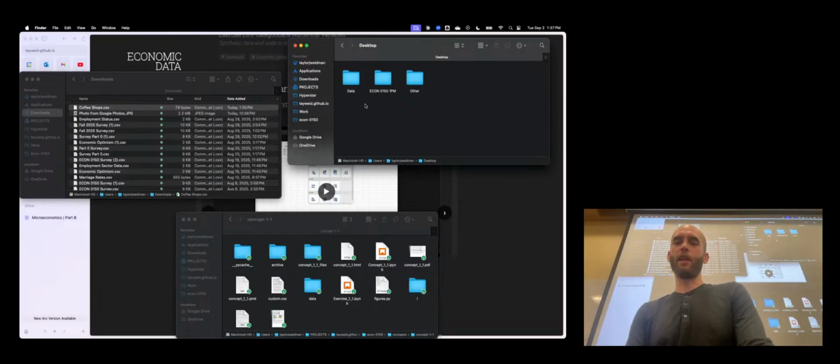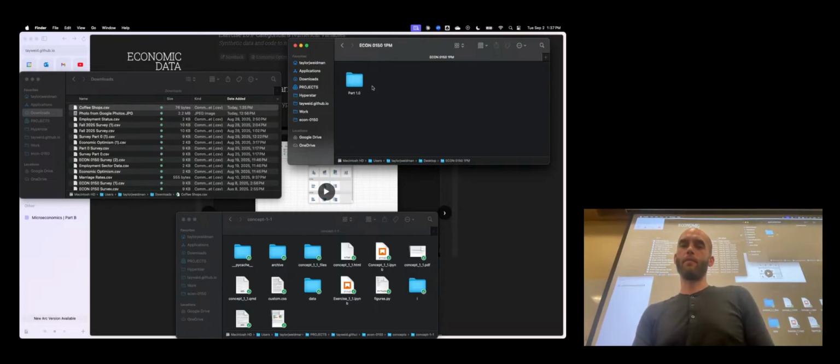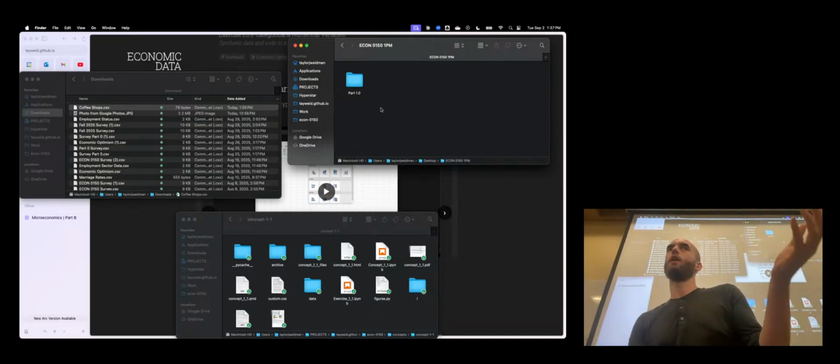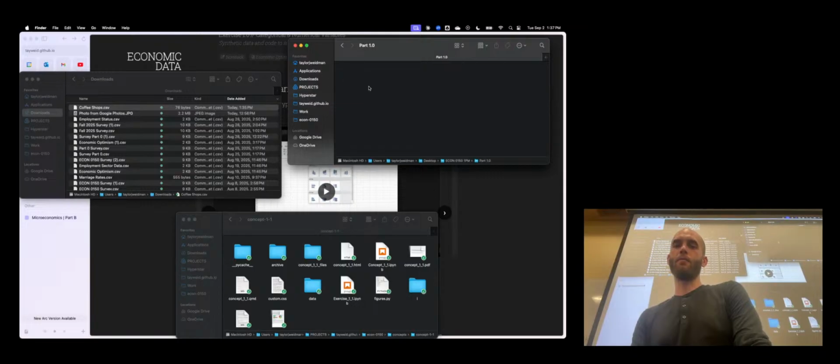This is some data for later in the semester. I have this folder for this class, so all the in-class stuff we do will happen here. And then I have part 1.1 as a separate subfolder. So what you can do is just create a folder either in your desktop or in your documents folder, wherever you like on your computer. And then you can keep the data set in